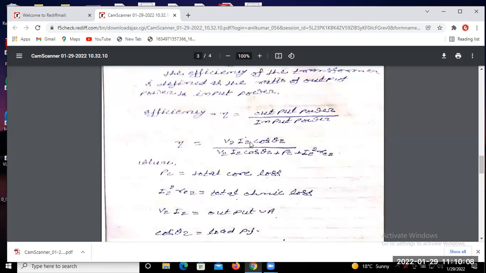cos theta 2 divided by cos theta 2 plus P_C by V2 I2 plus this by V2 I2. तो cos theta 2 इक्वल टू क्या लिख सकते हैं, लोड पावर फैक्टर, एंड इसको भी लोड पावर फैक्टर, एंड ये हो जाएगा कितना, कोर लॉस इन पर यूनिट, एंड दिस वन इज योर ohmic लॉस इन पर यूनिट, इक्विवेलेंट रेजिस्टेंस के लिए।